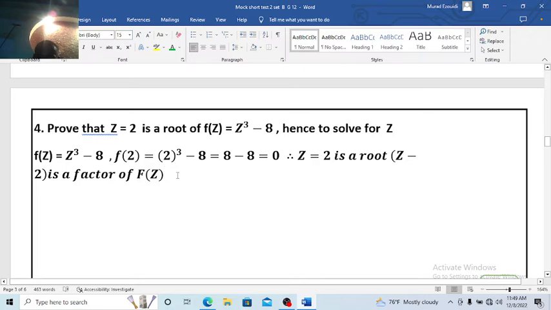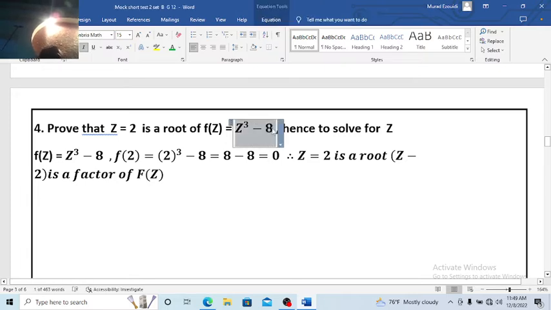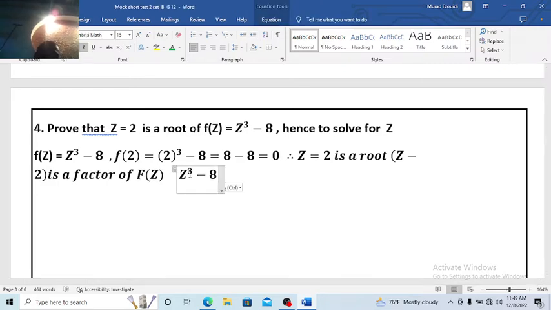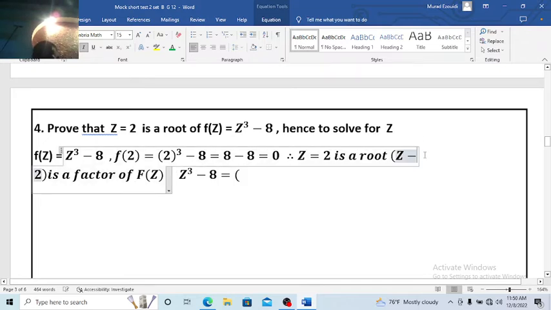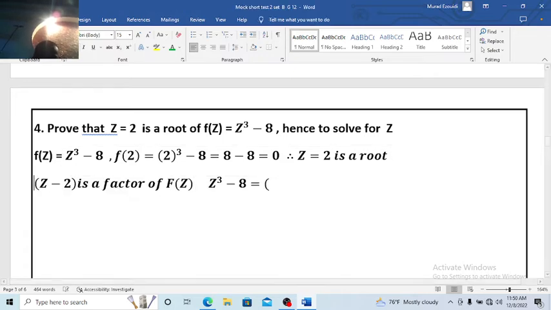Now we found this. Then it says hence solve. You can use long division or you can use the binomial expansion when n equals 3. Let's start. z to the power 3 minus 8 is equal to, between parentheses, we told z minus 2 is a factor, isn't it? So z cubed minus 8 is z minus 2 multiplied by